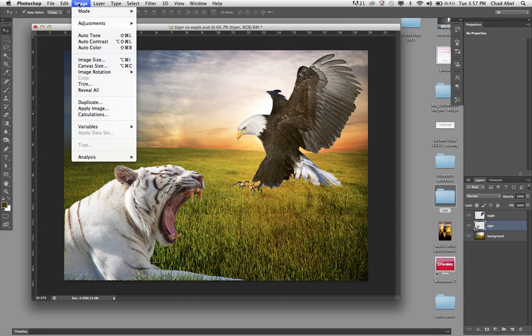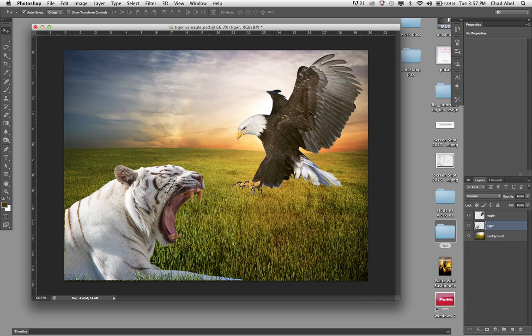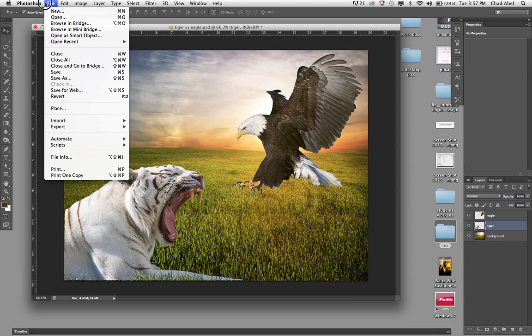And I sized these roughly to where they'll be used in After Effects, about the same size. I did a width of 1440 and height of 1080 and at 72 pixels per inch resolution. Alright, so this is ready to go. I saved this